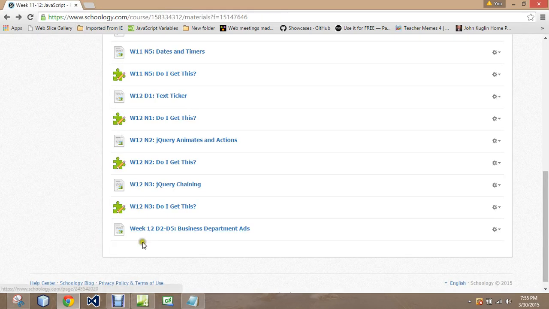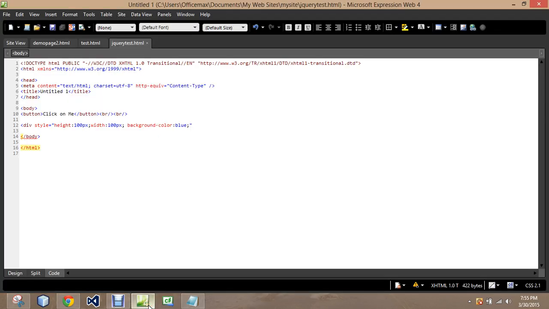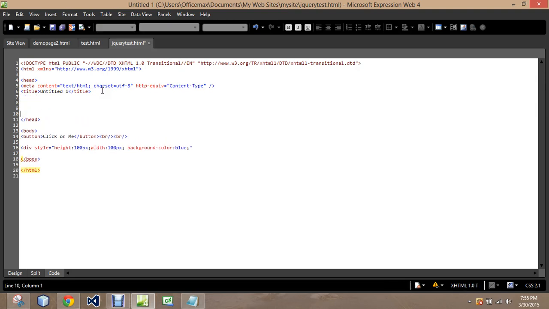Good for me. Okay, so what I want to do is use this concept of Ajax, or not Ajax, jQuery, to make the box move and animate a little bit. And the way I have to do that is I have to set up two different script tags. So my first script tag is going to be script source